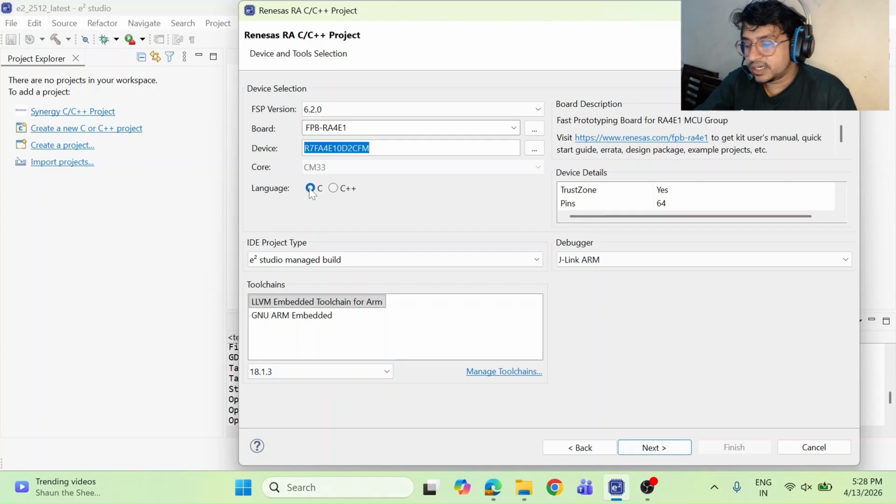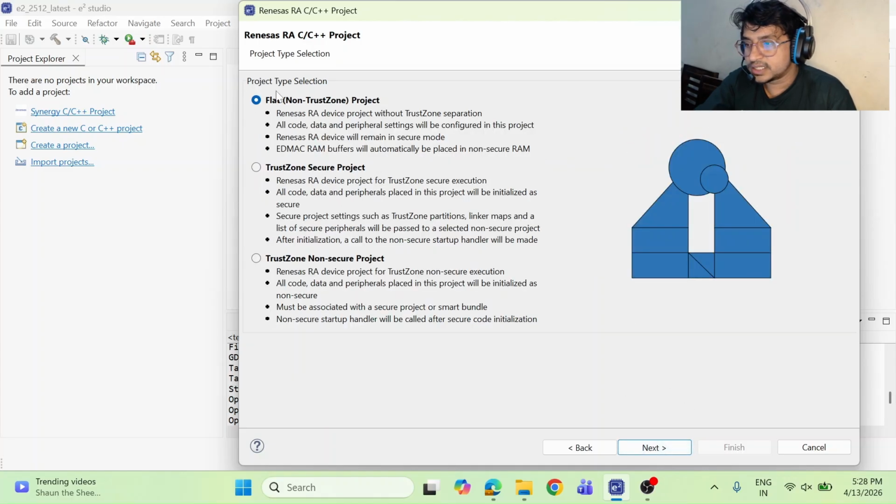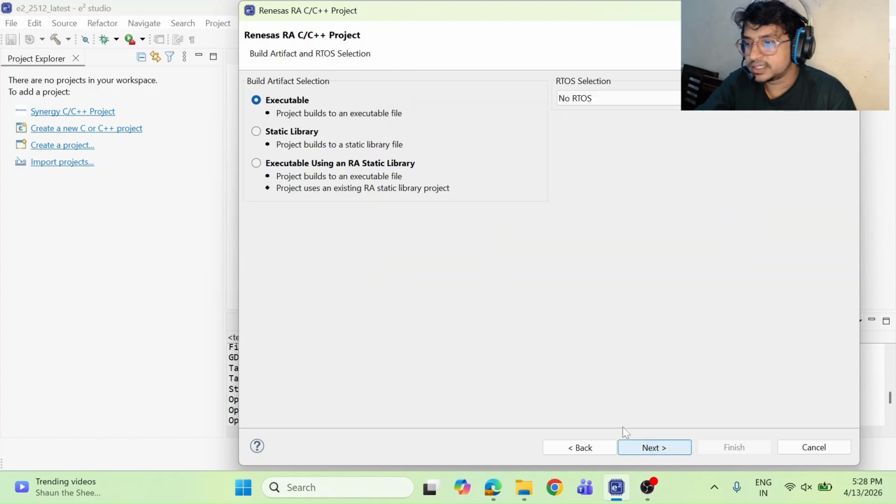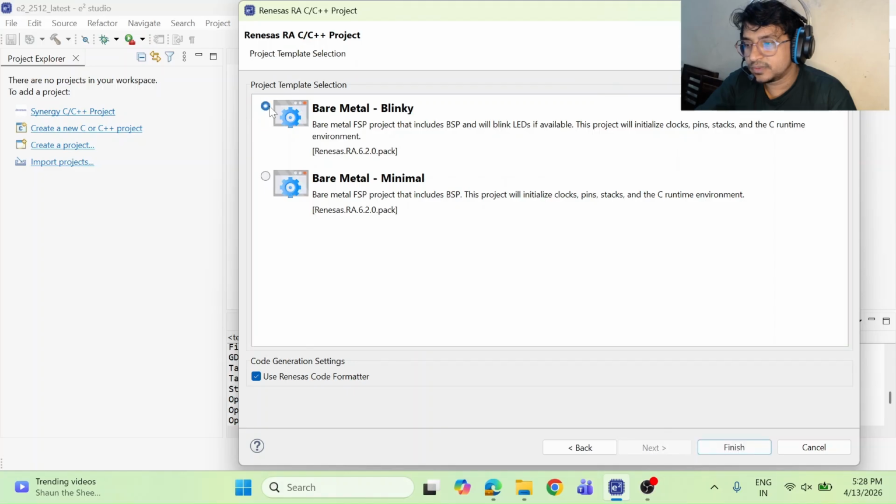Before that I want to highlight here: click on C, click on next, go to the flat option, click next. Here you can select none, it is default none. Click on next. Here it is an executable project, you have to select no RTOS and click on next. Then you have to select the Blinky option because we decided to work on that.